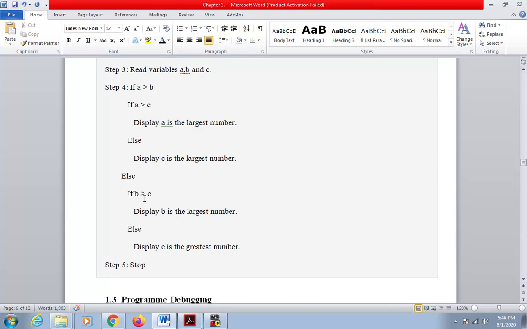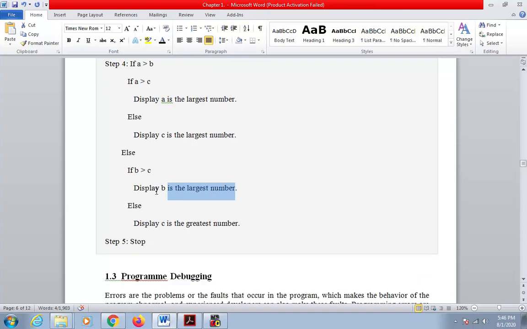If it is greater, then my result would be to display B as the greatest number. But otherwise, what will happen if B is not greater than C? That means C is the largest. Last step is stop. Okay? This is the whole scenario that we have in our mind,